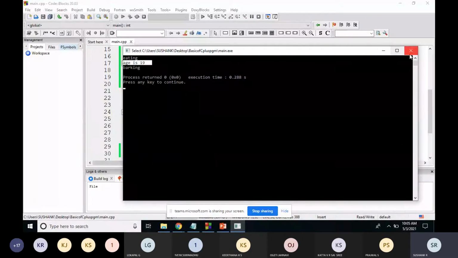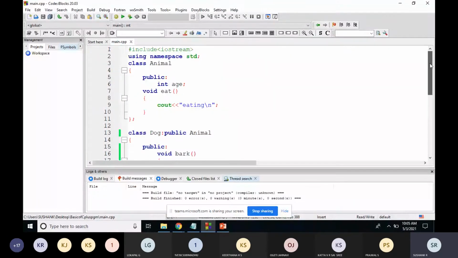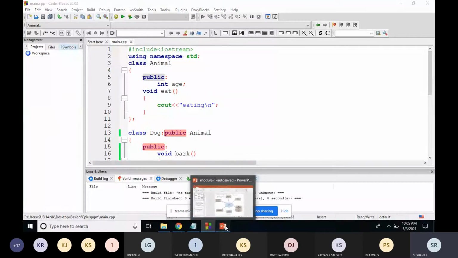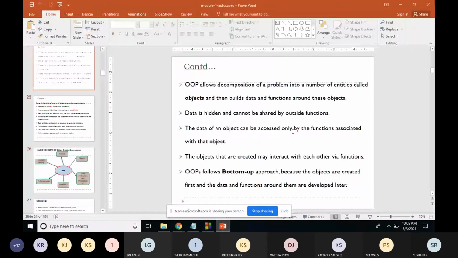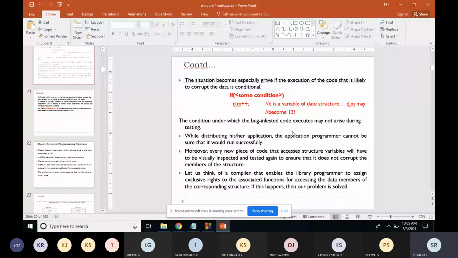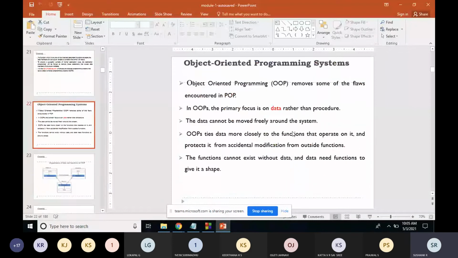Now why did I explain this simple inheritance? We had discussed in the introduction class of classes and objects that the access modifier can be three things: public, private, and protected.